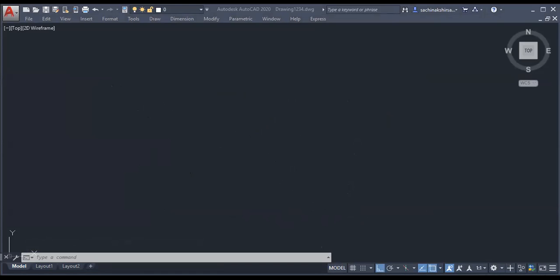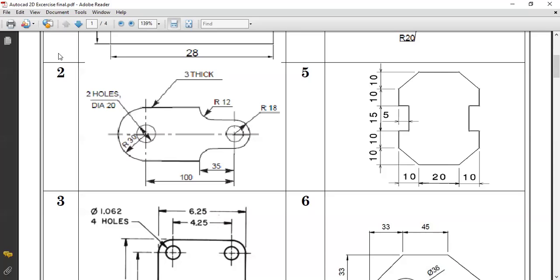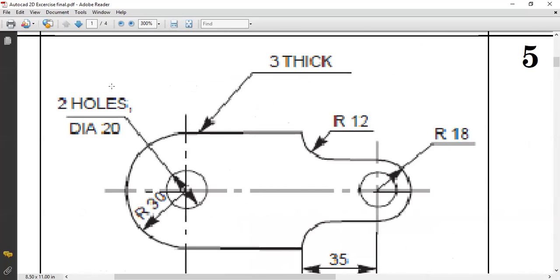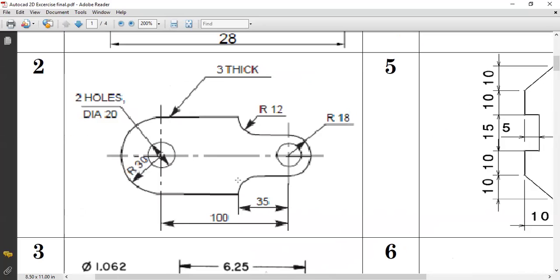Yes, sir. Actually, I will show drawing number 2. See drawing number 2 now. Here it is, drawing number 2. Are you observing drawing number 2?